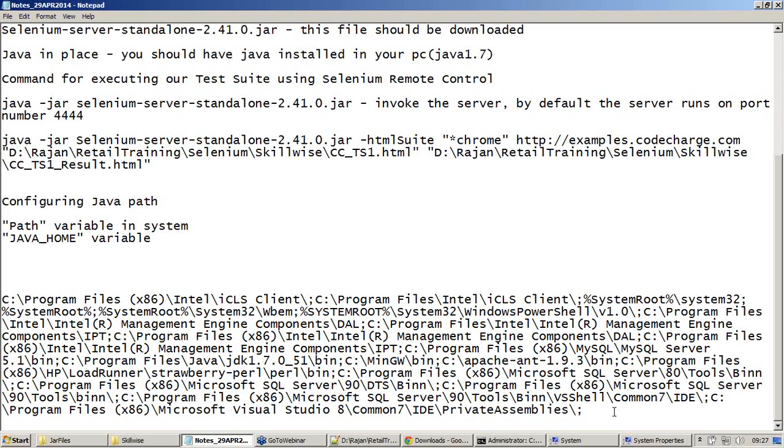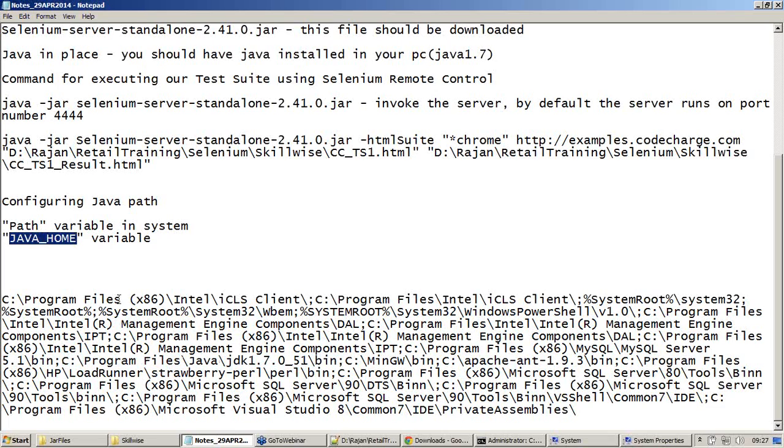The path value will be bigger than what we imagine, because everything we install, all the programs will directly store to the path value without asking us. So it will be big. No need to get confused, because we are going to add it only in the last place. Now once you have added this bin directory of JDK,